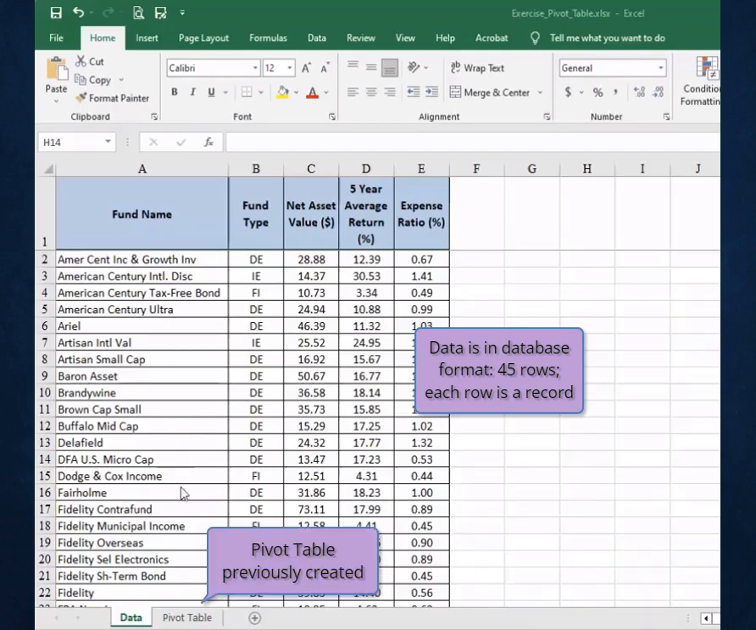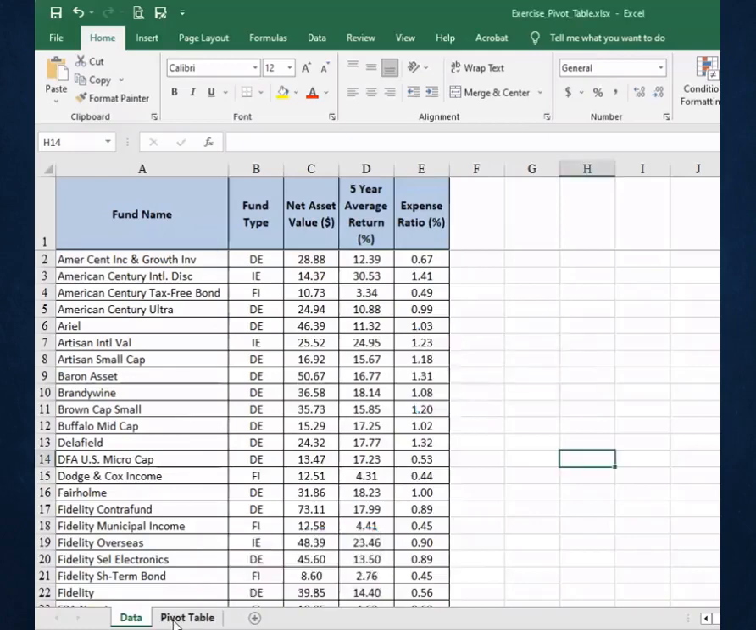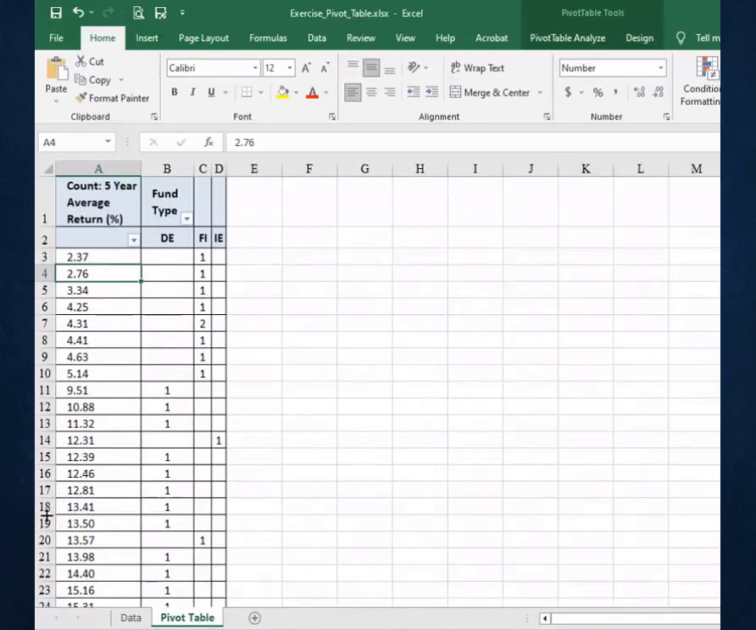A pivot table has already been created, and so let's go to that. Here's our pivot table. This is the 5-year average return data cross-tabbed with the fund type, and these are just the counts for this particular return. We are going to want to group this so we don't have what looks like our